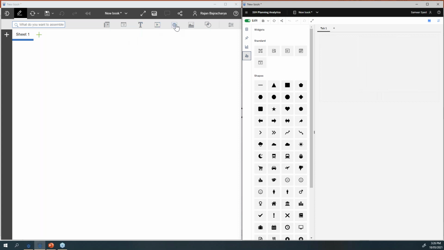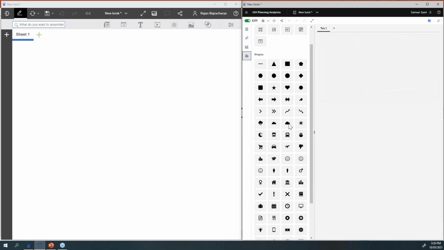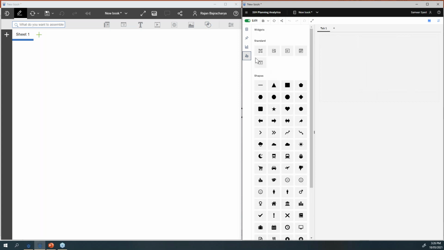Those 5 buttons have been grouped under the standard list. And then this one, which is called shapes, has been listed down like this. So we still have all the features of the Planning Analytics Workspace, but it's been laid out differently so that we get more space when we do our dragging and dropping of all these different widgets.